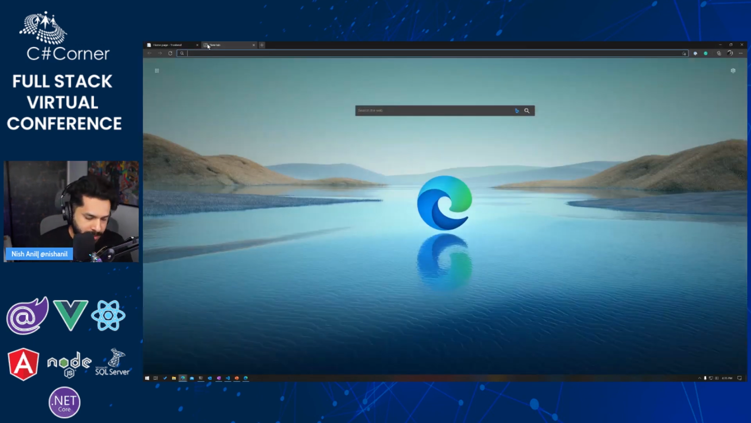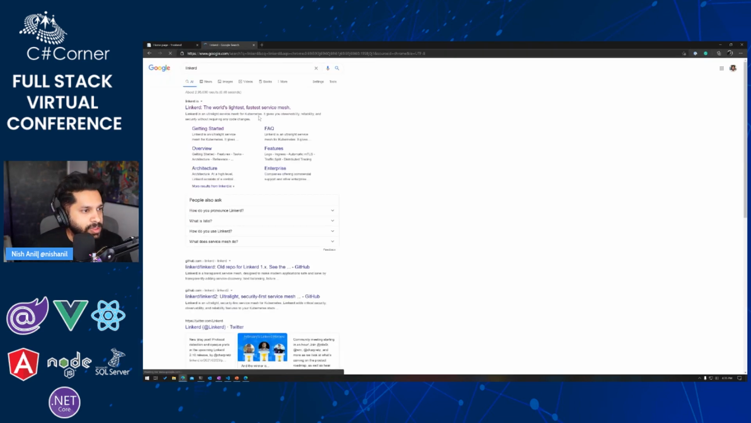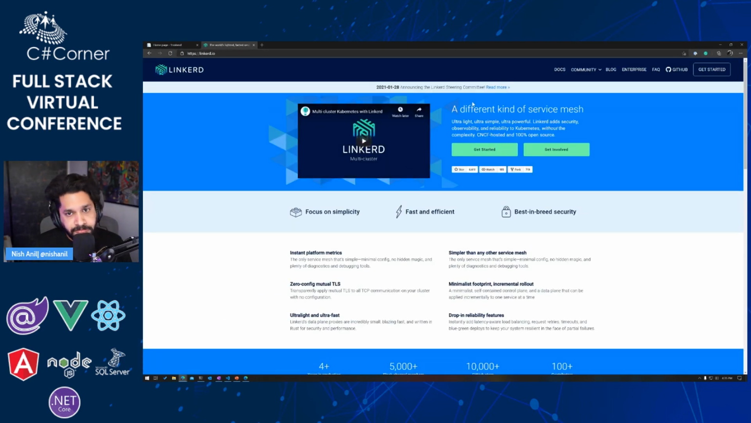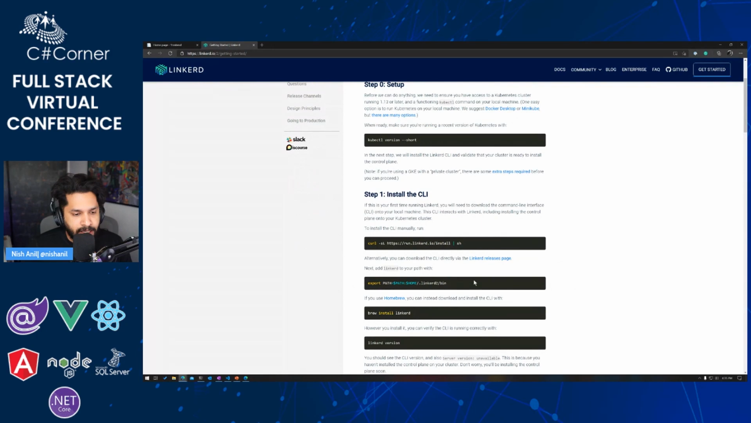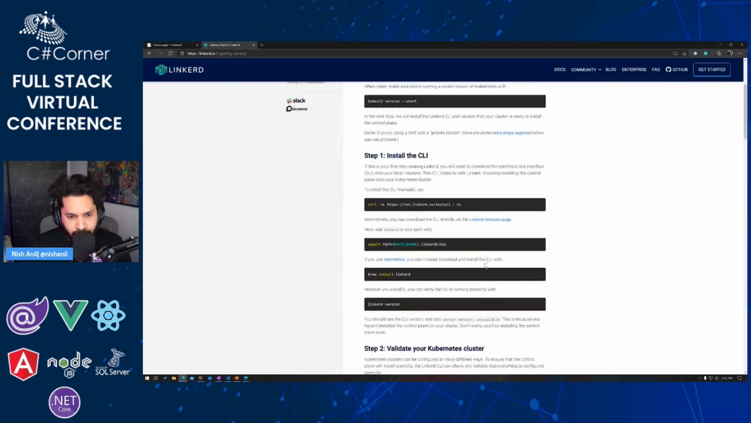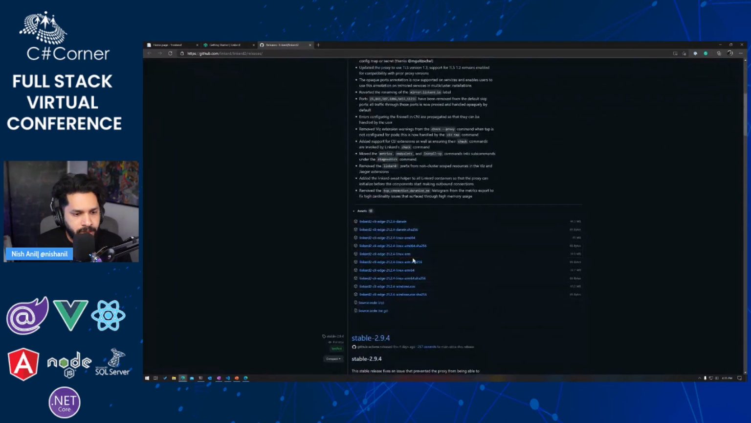To do this, I'm using something called Linkerd. So let's go to Linkerd. This is a service mesh. You can install Linkerd on your system by just using these commands. The way I do it is I go to the Linkerd release pages. I go ahead and download this exe from here, the Windows one. I put it in a path called